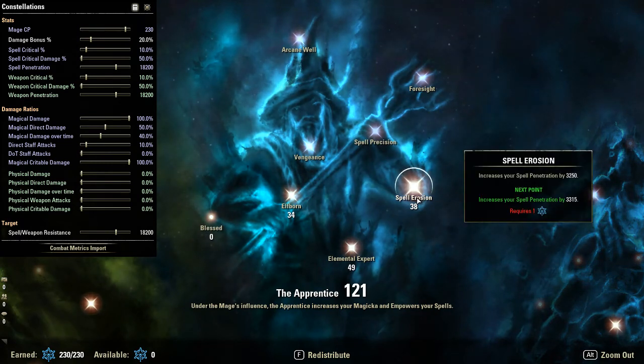Now, this is where things are going to differ depending on your group. This particular CP distribution is optimized for the raid group that I personally run with as a DPS, where we only have Infused Thorax Crusher and a Stamplar providing Power of the Light. So this is optimized for that specific composition. Now, if you have Infused Crusher, Alkosh, and Power of the Light, then you definitely will not need this many points in the Spell Erosion, so you can take those out and put them back into other nodes to help